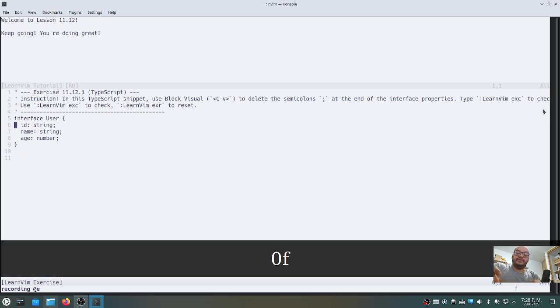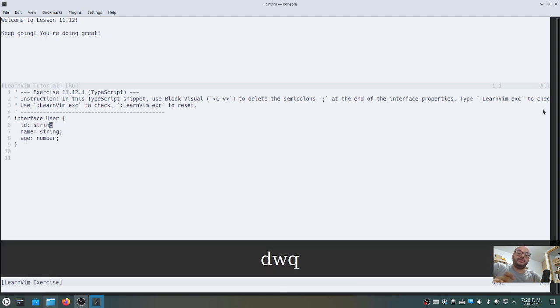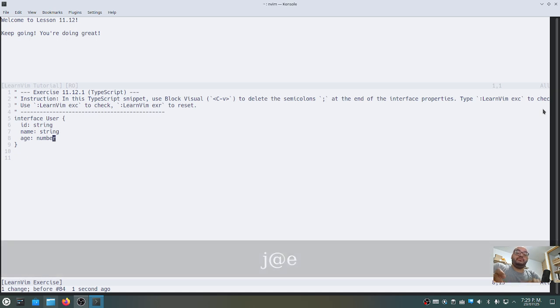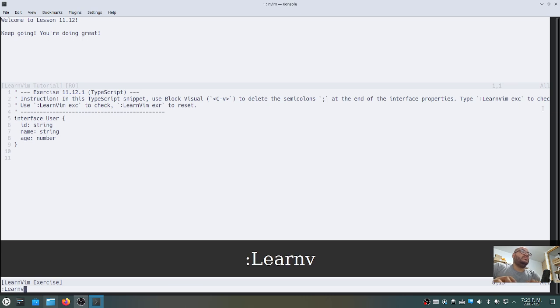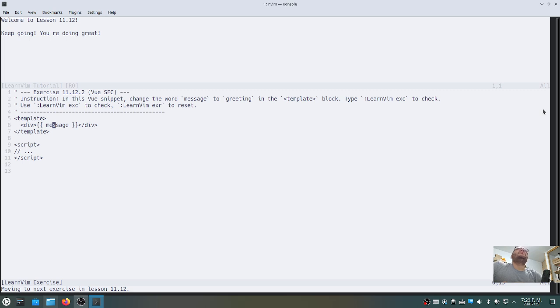0 F colon DW and recording. J dot at E, J at E. I will do all the day. And change the word message to greeting, the template block. So basically here,